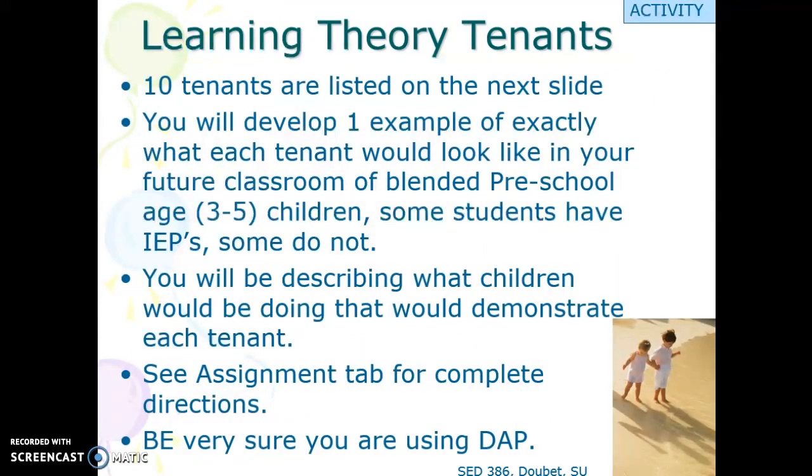The next really important component in your book is a list of 10 learning theory tenets. And these are theories, tenets, as you will, that have impacted our decisions regarding early childhood. They are listed on the next slide, and they're numbered 1 through 10. Your activity, as you can see in the directions and in the assignment tab, is to look at each one of these tenets and describe what this would look like, what kids would be doing to demonstrate this tenet,